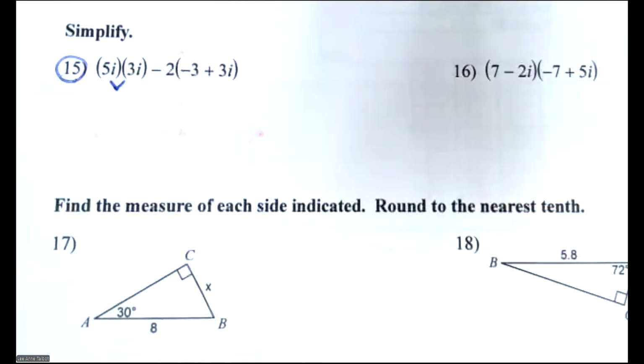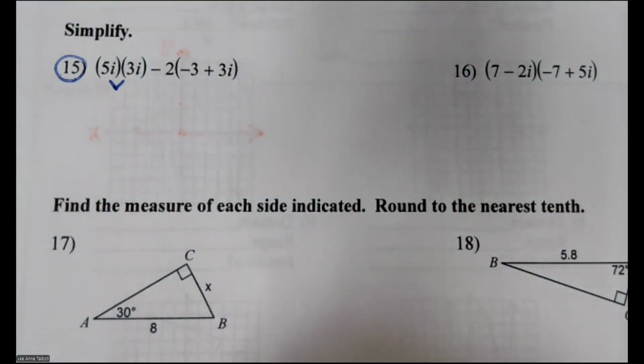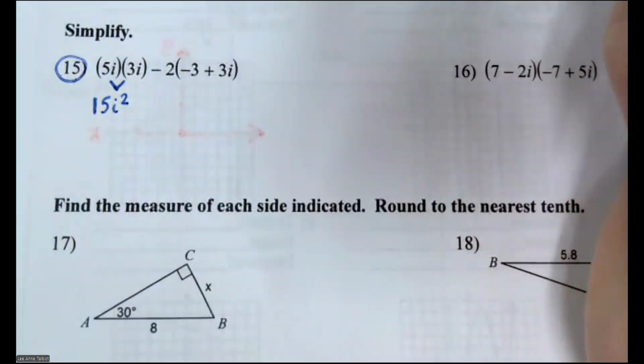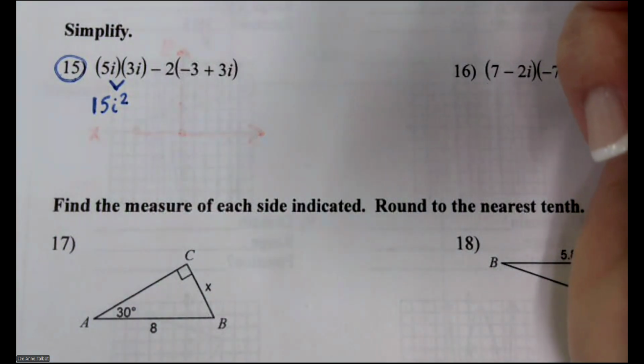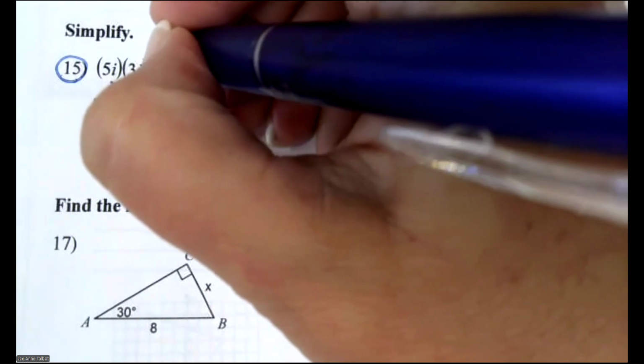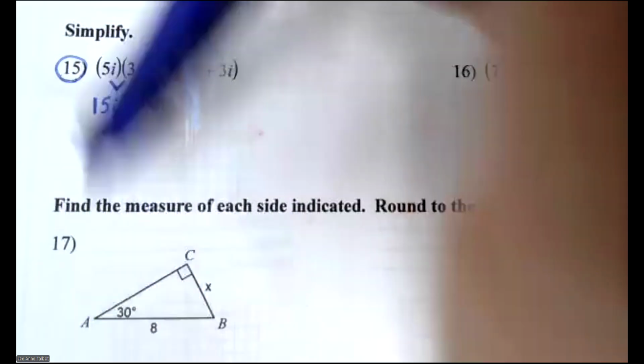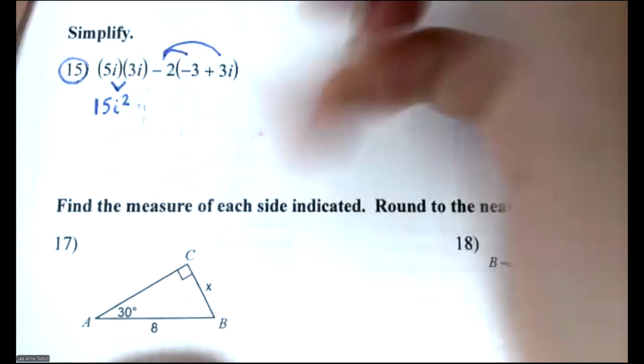So we're just going to pretend it's a regular variable for now. It is not a variable, it's a number, but we're going to pretend it's a variable. And we're going to combine those two, and that's 15i squared. Okay, and then I'm going to distribute this -2. So that's going to be plus 6